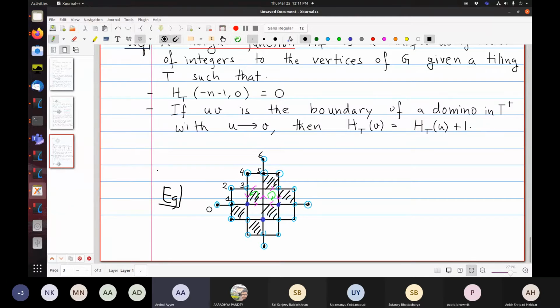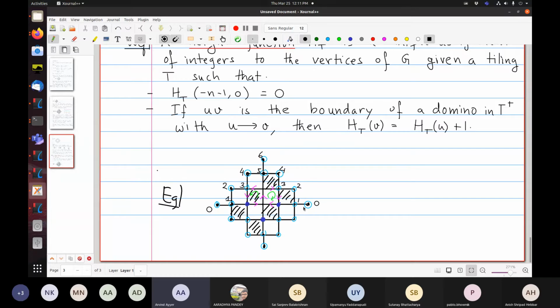So this edge over here is pointing to the left. So this is now a 4. And these are all white squares. So this is pointing up. So this is a 3, and this is a 2. Therefore, this is white. 1, 0.